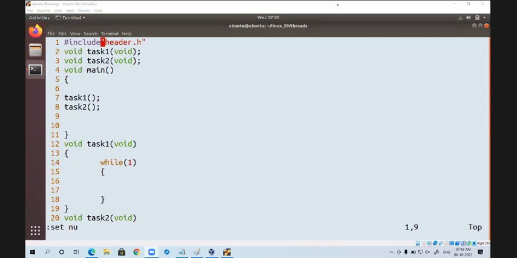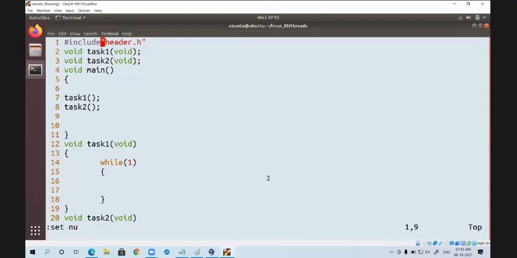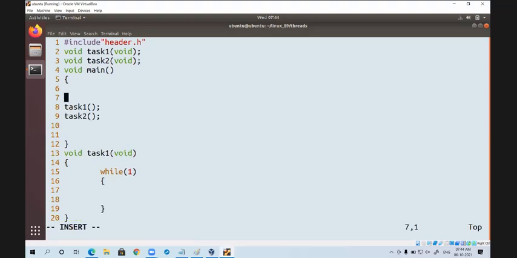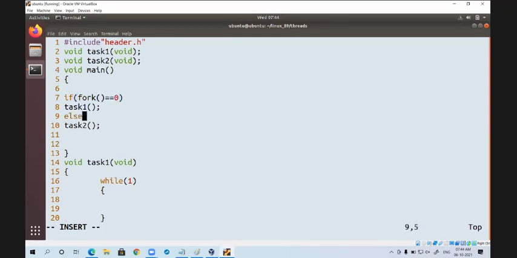Can I say we need to go for two processes? Using the fork system call, we need to create two processes. Now you tell me, if I write here if fork double equals to 0, else.